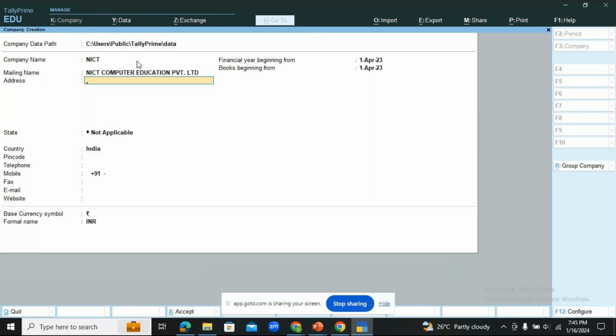See, now this is how you put it up. I'll just press enter to move on to the next line.